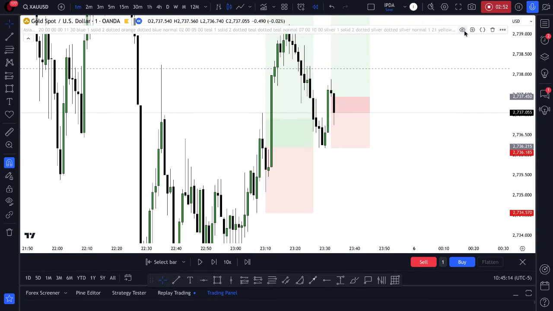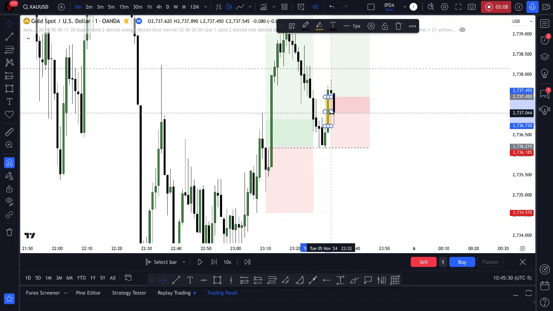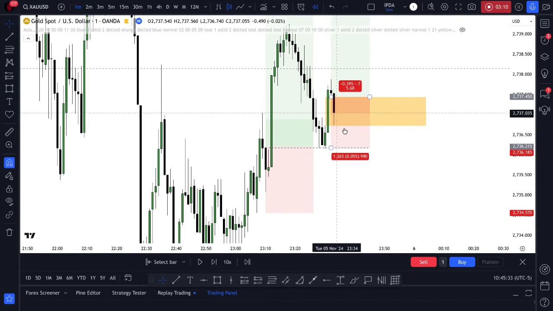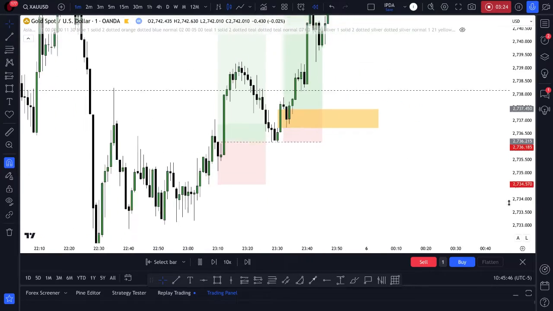Let's take off the session indicator real quick. This is the area of interest that I'm looking for, right? Price taking and triggering to this last down close candle here on its open, price hitting it. This is the response here. You see that fair value gap? There was a response after hitting that area of interest. That was where my second entry was taking place, right there at that fair value gap. Stop loss below the start of that fair value gap, the candle that begins the fair value gap. And we're looking to see if price was going to run higher, and we were able to scalp something off,